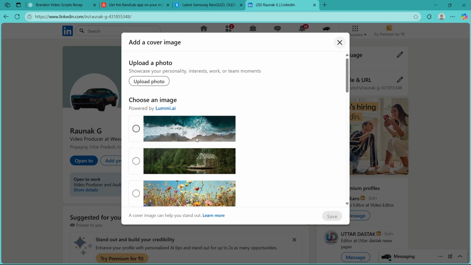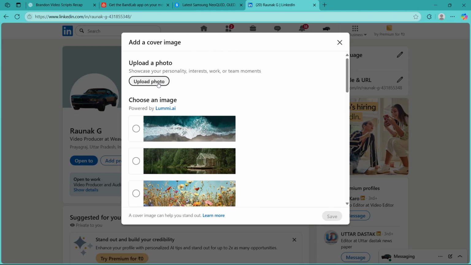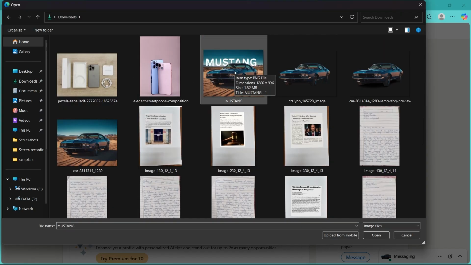Now you can choose these images if you want that is already on this page, or you can click on upload photo. After you click on upload photo, you'll be easily able to choose pictures from your PC's directory. Just navigate to the picture that you want to add as a cover photo in LinkedIn and choose it, then